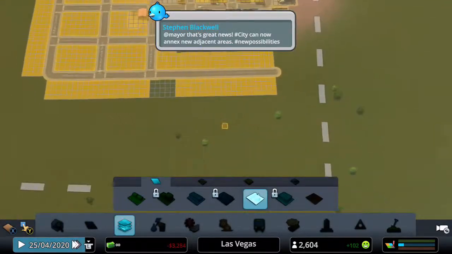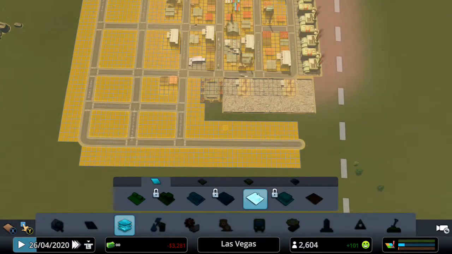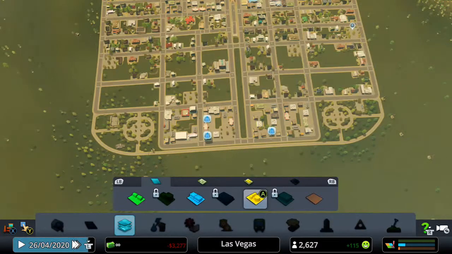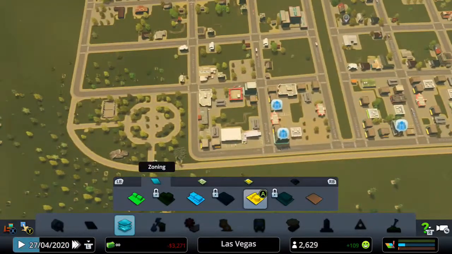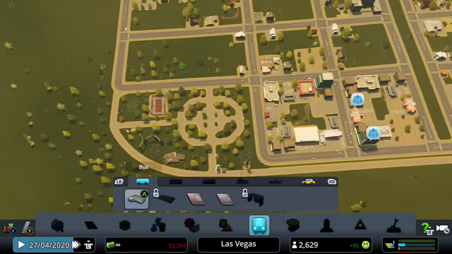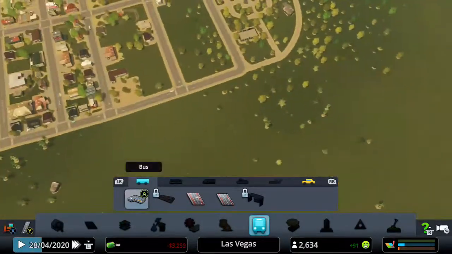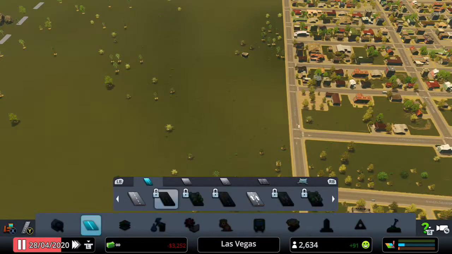Now we have the transportation. In the city they are now having a lack of workers, or a lack of educated workers. So what we're going to do now is add a bus terminus into the city. We're going to pause the time there. We're going to get the small one-way roads, and we're going to come down here,